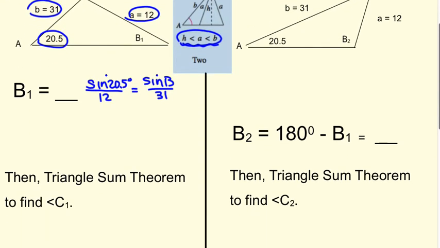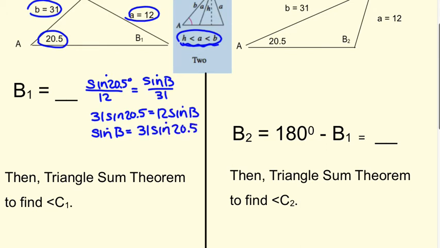So we get 31 times the sine of 20.5 equals 12 times the sine of B. Divide both sides by 12, so you get 31 sine of 20.5 over 12. You'll get a decimal value. So 31 times the sine of 20.5, divided by 12, gives you